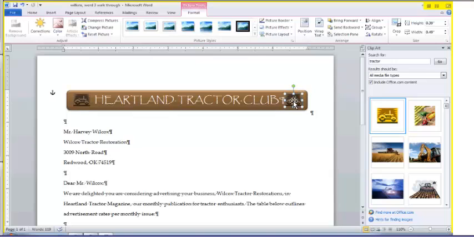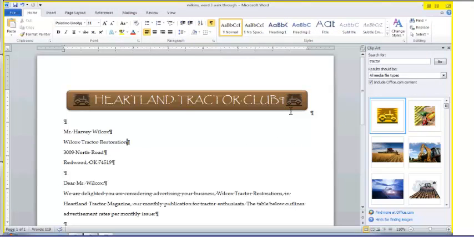And if you wanted to rotate or flip your picture, you can go up here to the rotate option. And you can see that you can do it all different ways. We're going to flip it horizontally, so it just looks like the tractor is going a different direction. If I start flipping it vertically, it's going to make it upside down. So obviously you don't want to do it that way. So it's just facing out, the big wheel is facing to the outside on both of them. Okay, so that's our headline